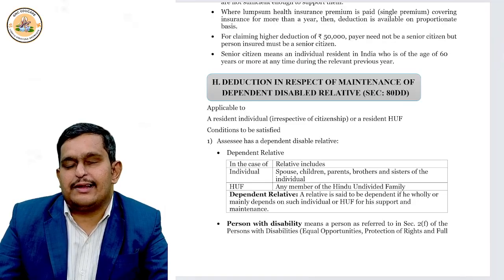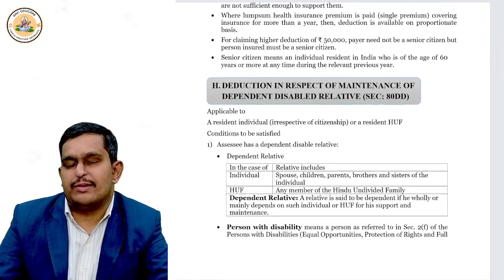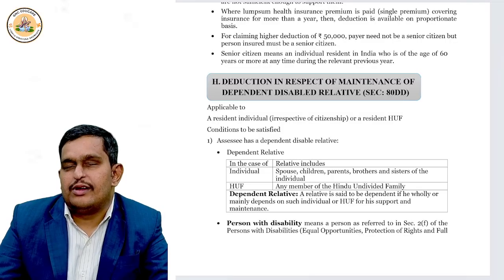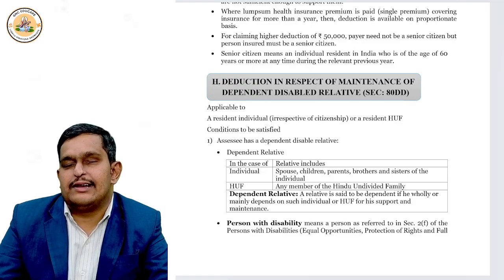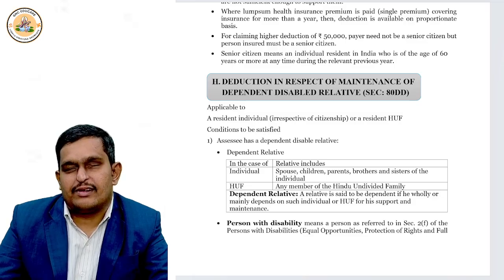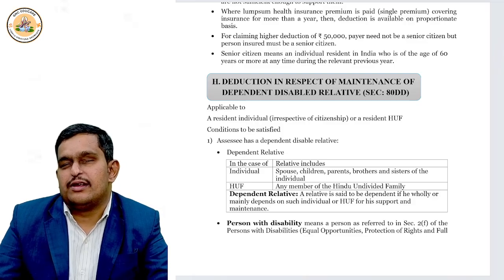Now to whom does this section apply? This section applies basically to any resident individual or resident HUF. So again repeat with me. This section applies to whom? Resident individual, resident HUF. This section applies to resident individual, resident HUF. Clear to all of you? Very good. Now shall we go to the next story? Now this applies to resident individual, resident HUF is okay. But